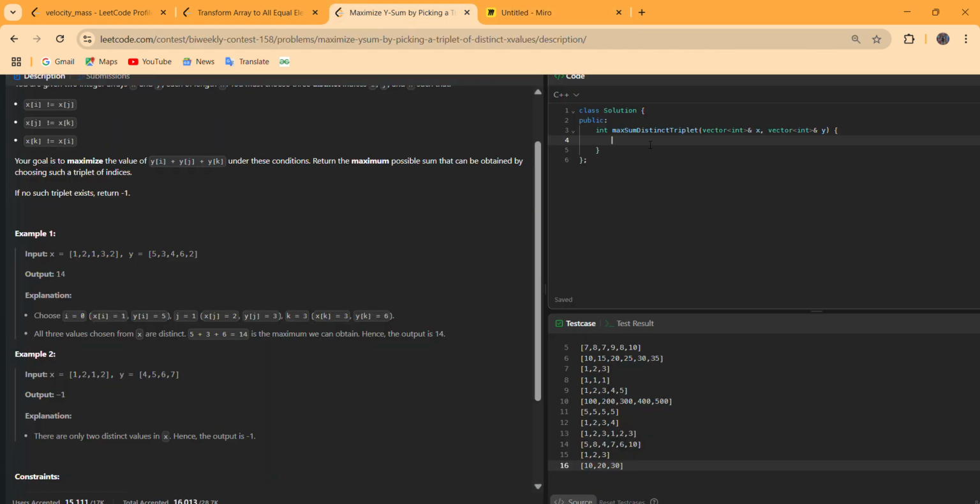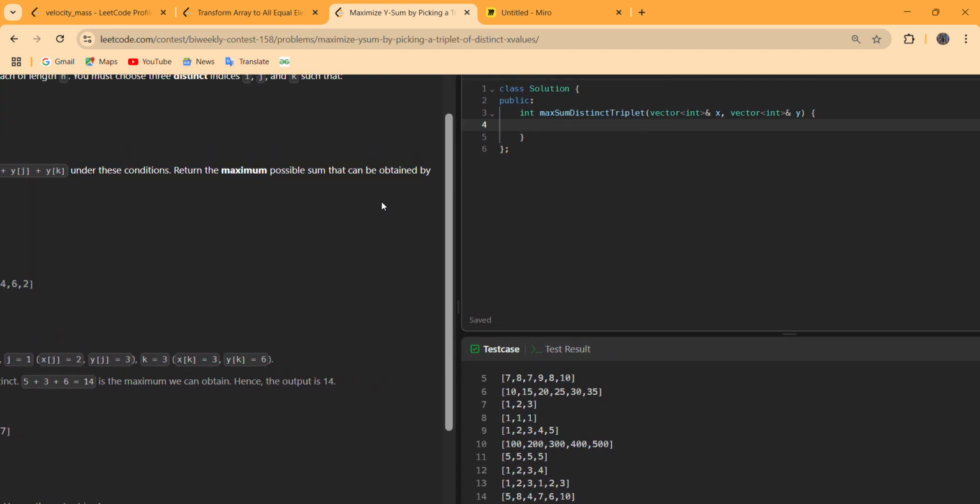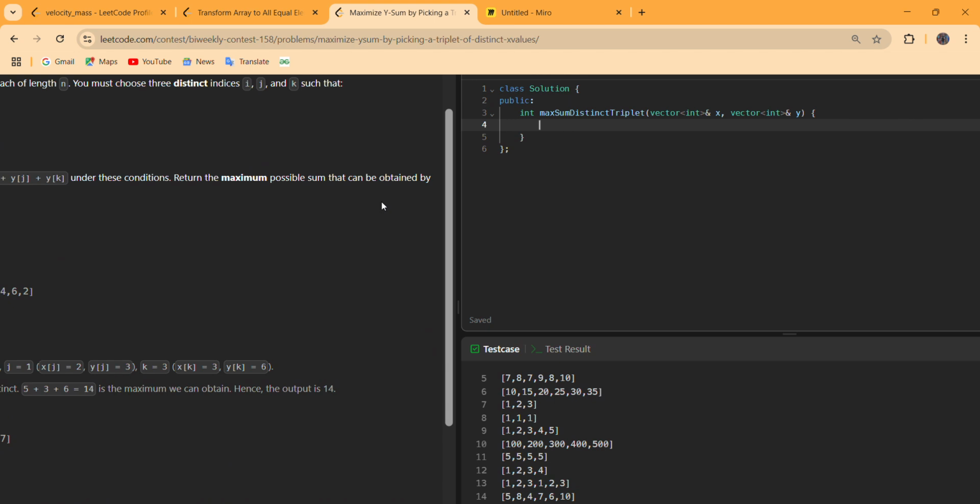Now let us code this and check if it is correct or not. Let us first take the size of arrays x and y. Now create an unordered map that has key corresponding to integer, and the values are multiset.